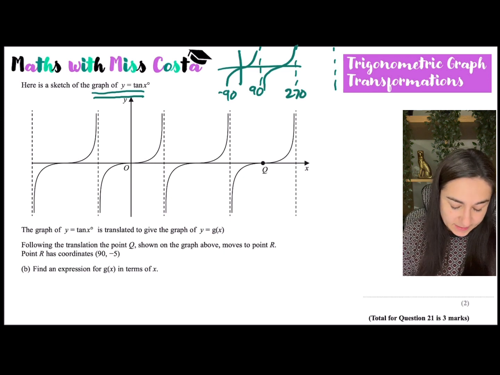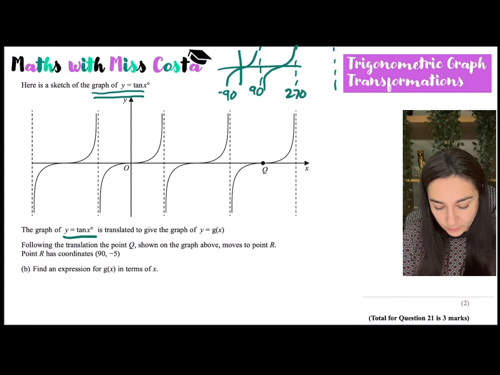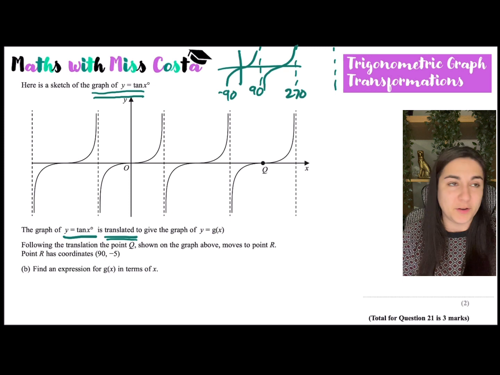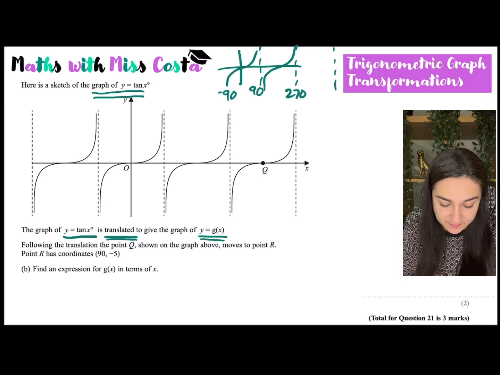Now let's read the next part. So it says the graph of y equals tan x is translated. So moved, it just means it's going to be moved up or down the x-axis and the y-axis to give the graph y equals g of x. And following the translation, the point Q shown on the graph above moves to point R, which has the coordinates